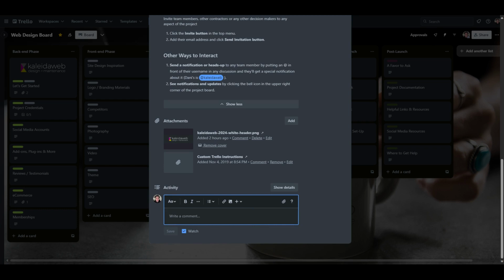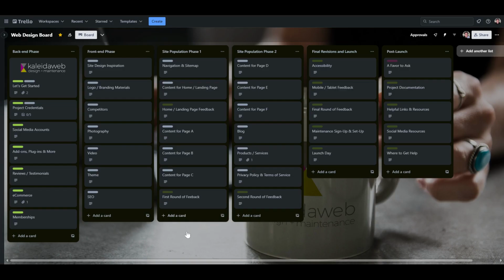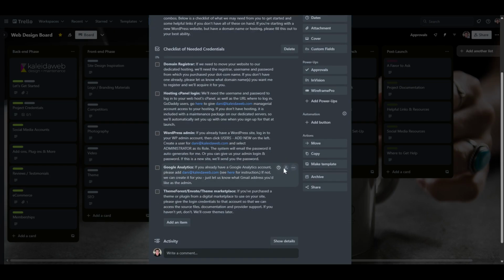And once you're on a card, you'll get an email that there's a new comment, and you can just come here and reply. And so it's not just 1,000 different emails going back and forth. There's one specific place, and you can even have those emails be sent to you all at once at your time frame. So yeah, you will come right in here, have your own board, and all this information that we